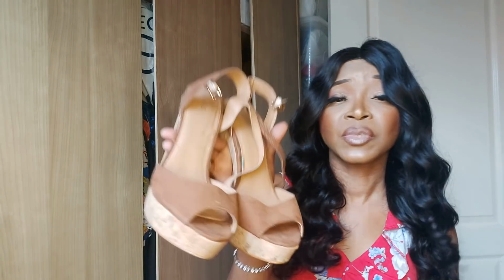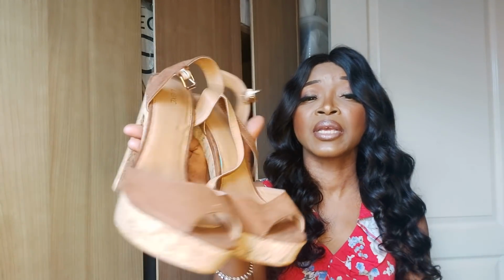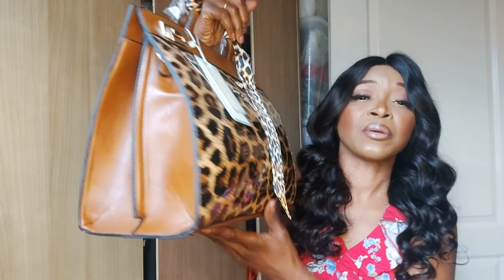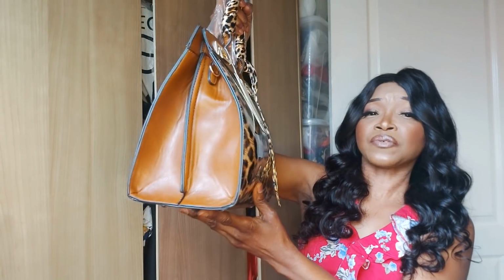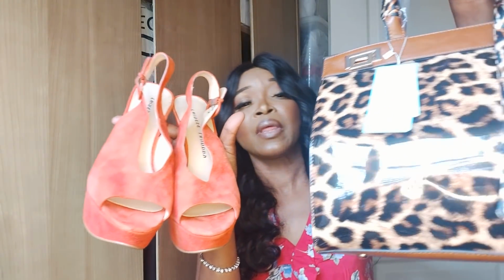heels. This is from Next. That one is another Next number. What I've decided to wear it with is the orange heels from Chinese Laundry, and then I've decided to complement that with this animal print bag, which is here, and that works for me. So you can see what I've said about, if you've got that and then you put it together with that bag there,